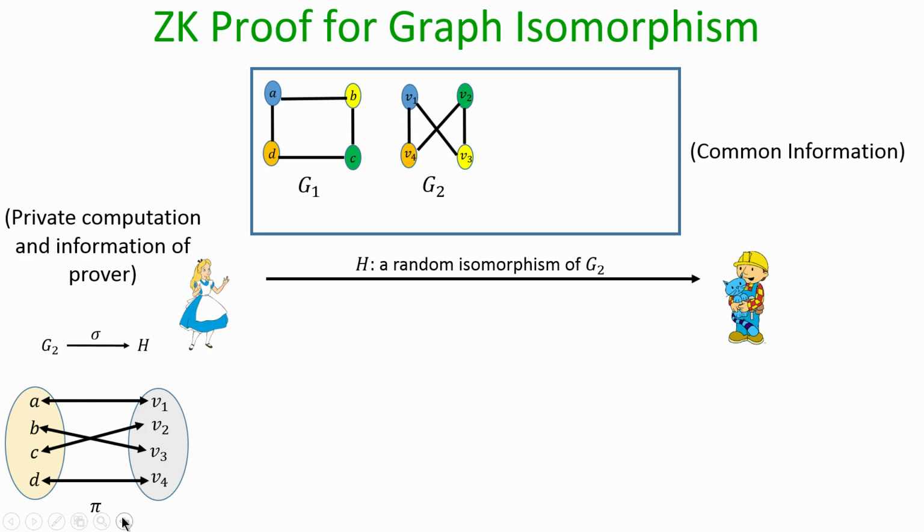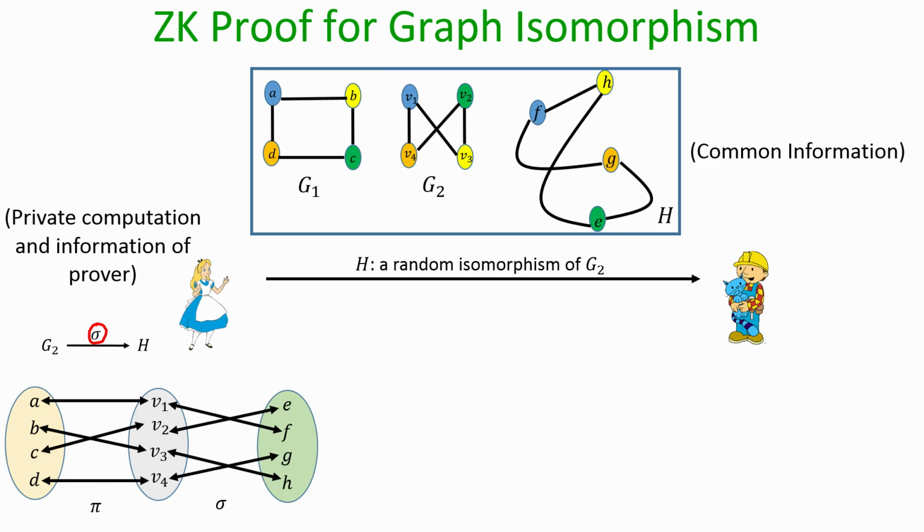The first round of this zero knowledge protocol is as follows. Alice creates a random isomorphic copy of the second graph G2, which is very easy to do. She has to come up with a random permutation, say sigma, mapping the vertex set of the second graph, and the resultant mapped vertices give her another graph H. Once she computes a random isomorphic copy of the second graph, she sends its description to Bob. That is kind of her commitment. I stress that sigma is randomly chosen and known only to Alice.